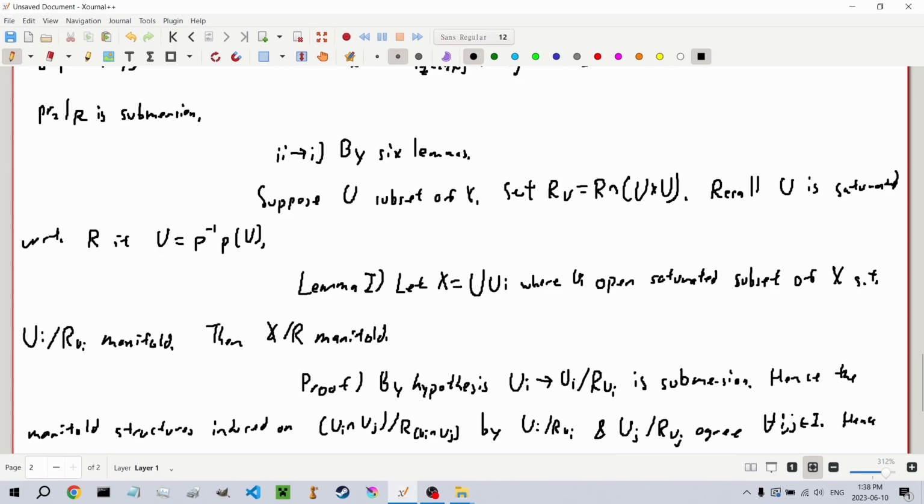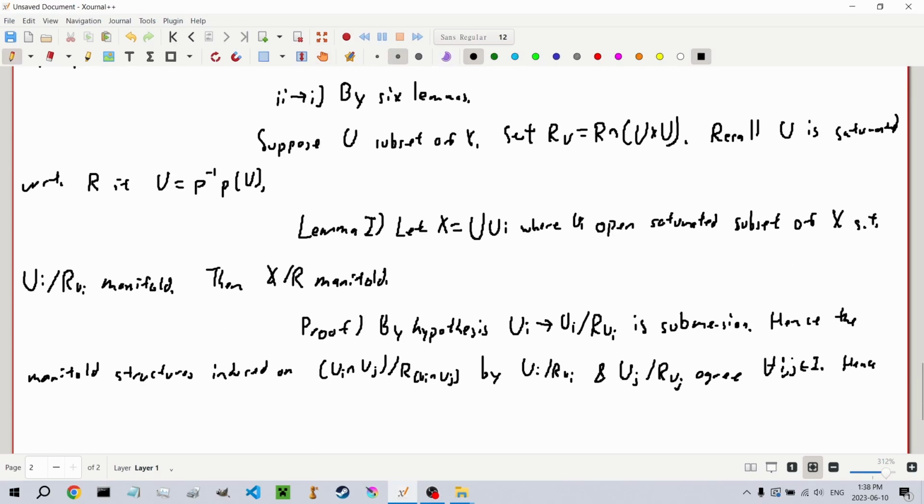Hence, there is a unique manifold structure on X over R compatible with the given structure on Ui over R of Ui,